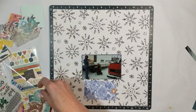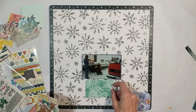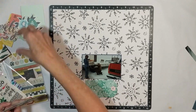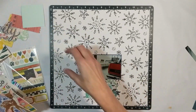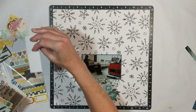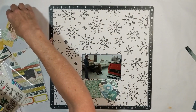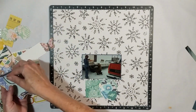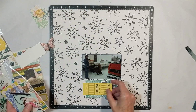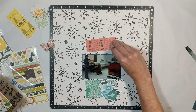And I'm still going through all these embellishments, and I saw this green tag here, and I'm like, yes, this is perfect. And at this point, I decided, you know what? I'm going to use various colors of embellishments to document this memory of my photograph, and I'll go to the story in a minute. Now, I saw that mustard color tag, and then there's a coral one, but I set